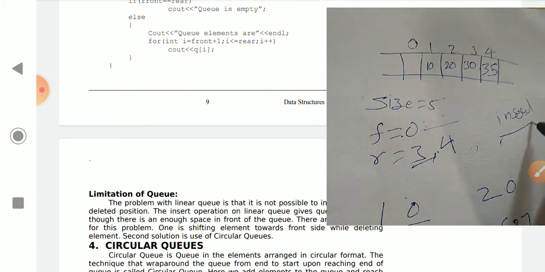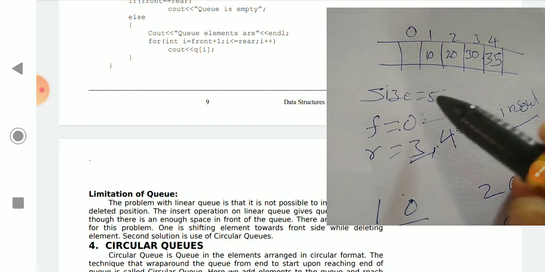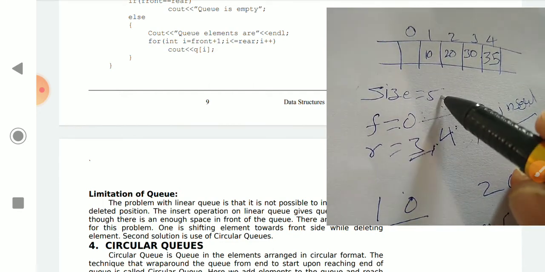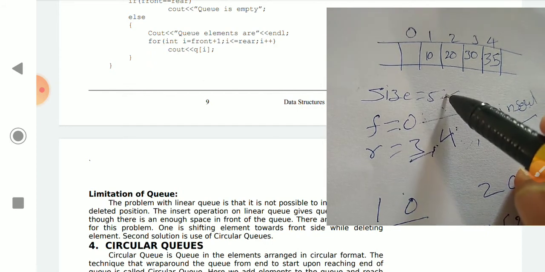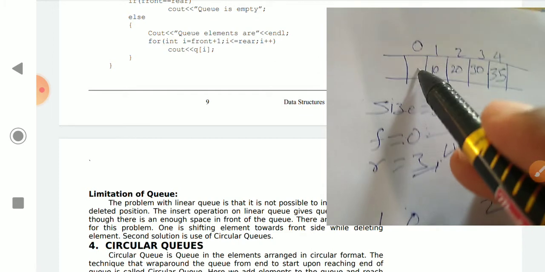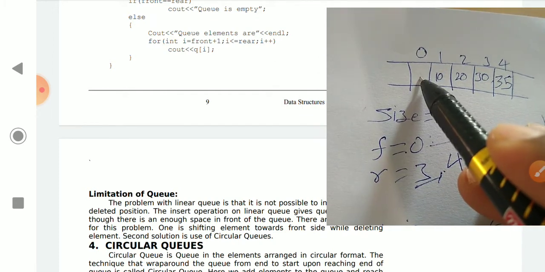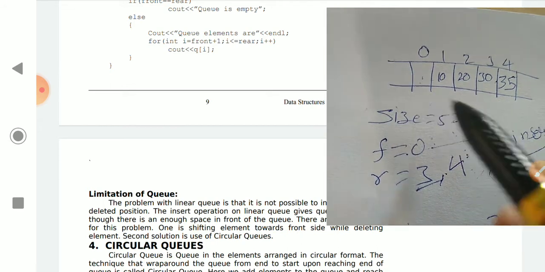Is it possible? No, because the rear value becomes 4, which is equal to size minus 1. 4 is equal to 5 minus 1, yes, true. It will show that the queue is full, but there is space at the front. This is a problem in the linear queue.